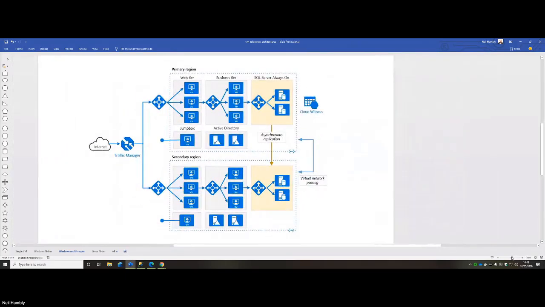And potentially even to the point where you're doing a multi-region deployment. So I've got a primary region, maybe in the US, and a secondary region, could be in Europe. And I'm using Internet Traffic Manager, I'm using gateways, I'm using my jump boxes. I've got all my different subnets and virtual networks deployed. And I can do virtual network peering between those in order to communicate from one virtual network to the next.